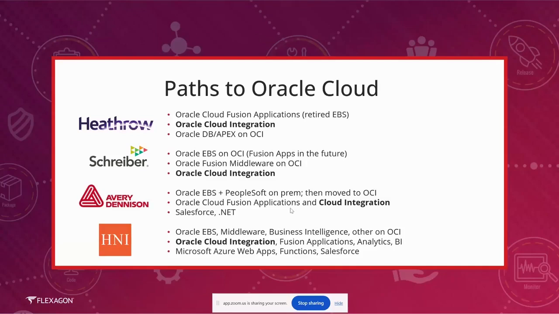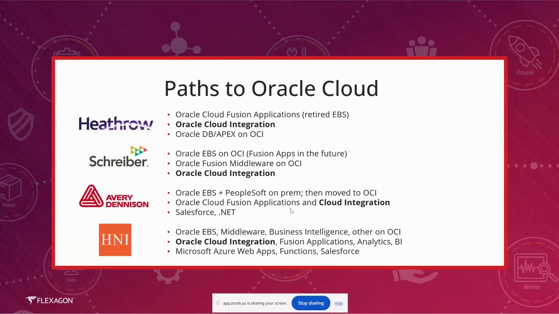So in this case, we talked about Heathrow and Schreiber, two very different examples where Heathrow did a light switch move away from their traditional technology like E-Business Suite and cut over directly to the Fusion applications and immediately used Oracle Cloud integration as the core platform, while they also extended to some customized billing capabilities using Apex